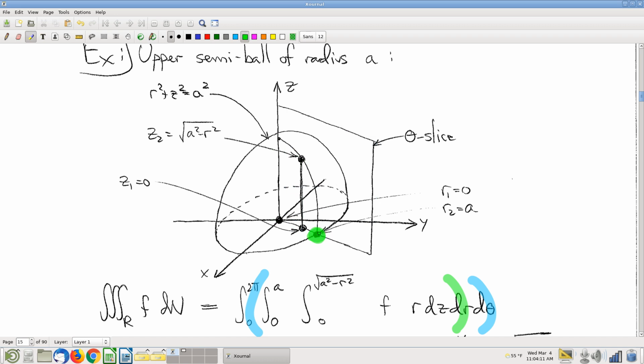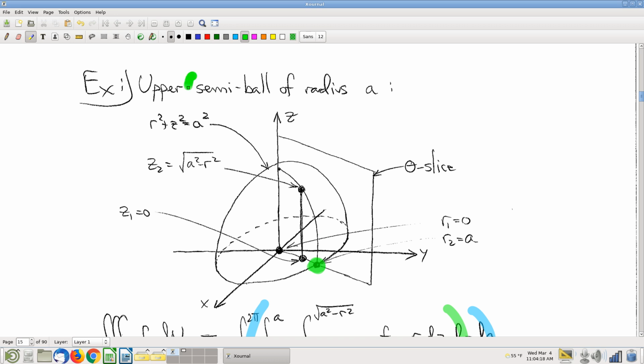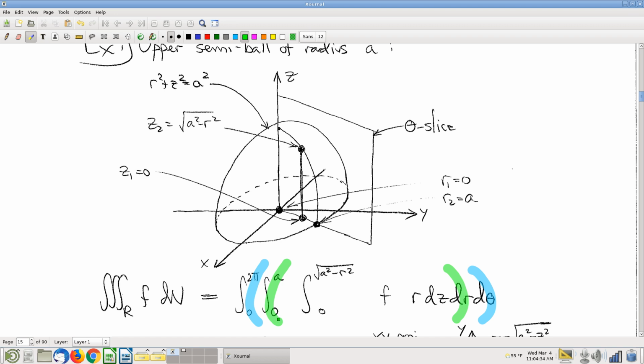Well, you've got to think about the geometry and think about the equations that I'm given. Here it is. This is a ball of radius A, and that point is a distance A away from the z-axis. So r is A. You can write that down in equations if you prefer. So r goes from 0 to A. Okay, so attention now focused on the r slice of the theta slice, and we want to know the range of